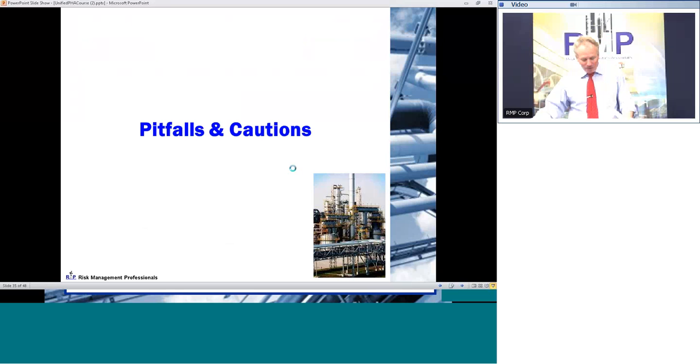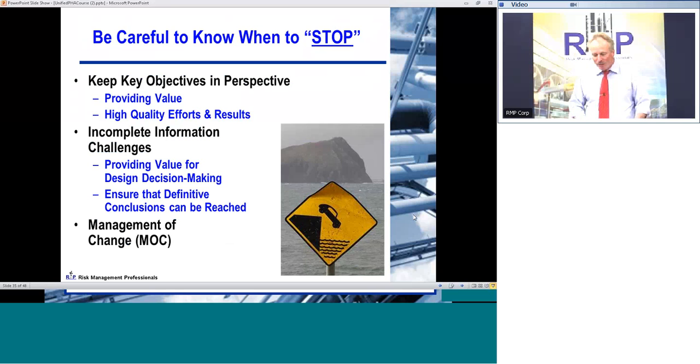So I'd like to talk about a couple of other pitfalls and things to look out for. The key thing is knowing when to stop. A lot of people don't know when to stop and say, oh, you know what, we've reached the limits of what we can do here. Let's go ahead and make a list of action items, homework assignments, and a date to reconvene. All right? Rather than beat your head against the wall, you've got to know how to make effective use